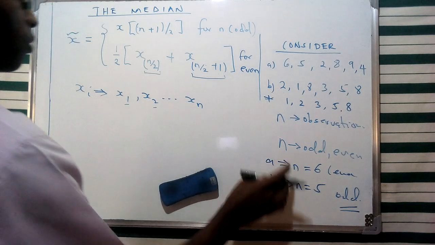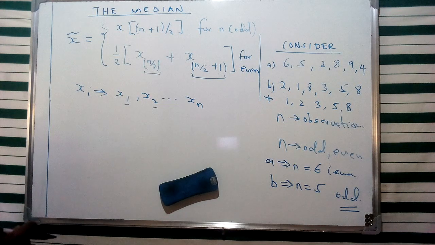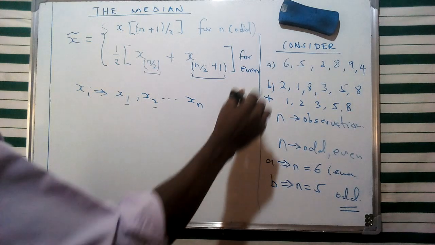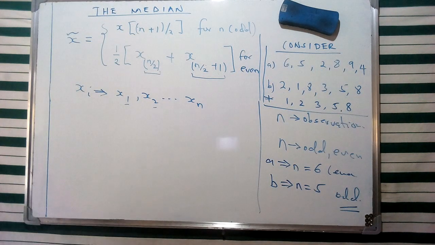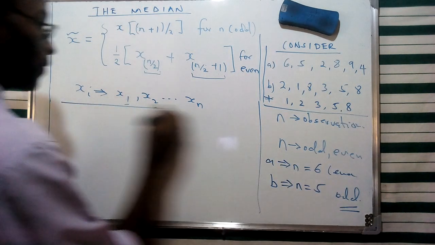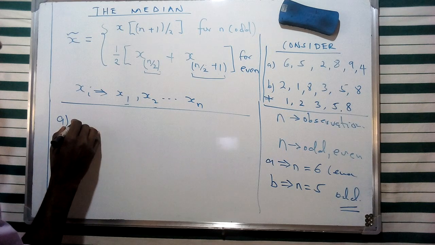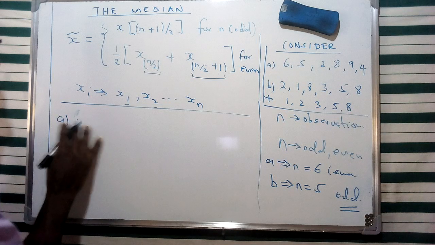So therefore, these are going to be appropriate for us in trying to use these basic formulas for finding the median of this set of data which I've given as such. So if we try to evaluate that one, then for the value of n equal to 6 for A, we shall have the median for A given in terms of, this is even, so given in terms of